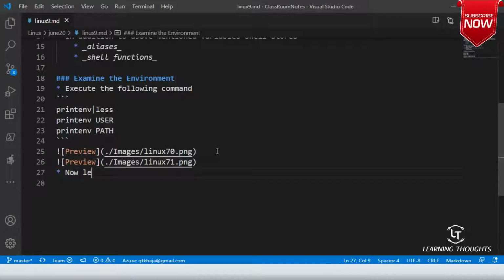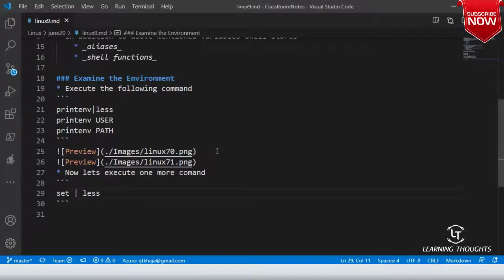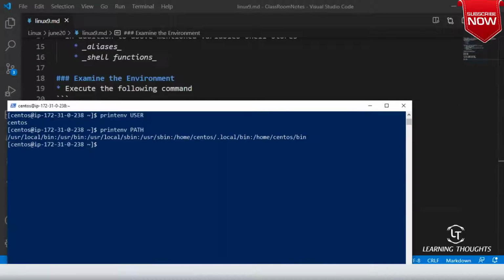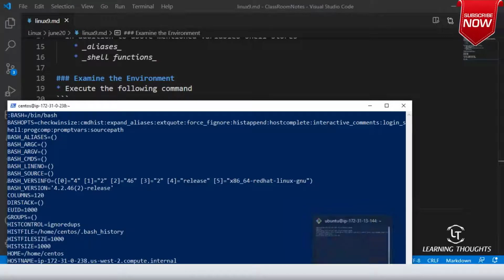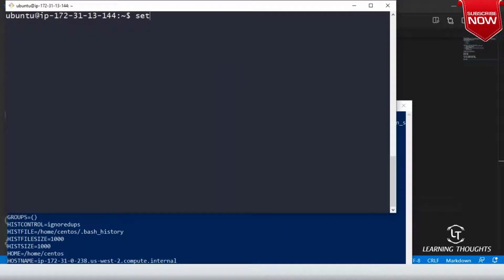Now let's execute one more command. This time the command would be set piped to less. After that, I'll be executing the command echo $HOME. Let me execute set piped to less.